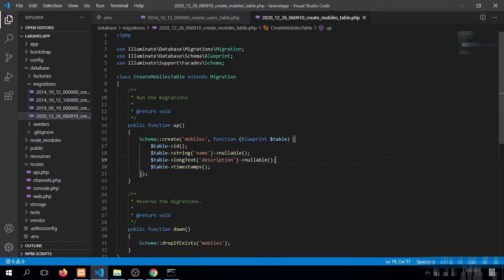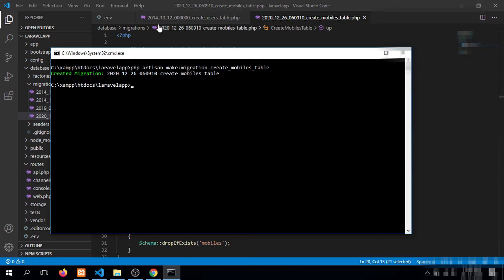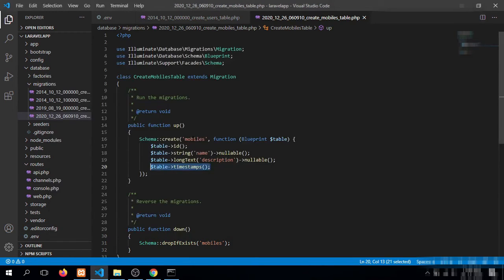As of now, we are adding two more fields like name and description in our table. This statement will create created and updated at fields in our table by default. So now it's time to create this particular table. This will be a table name in our database.